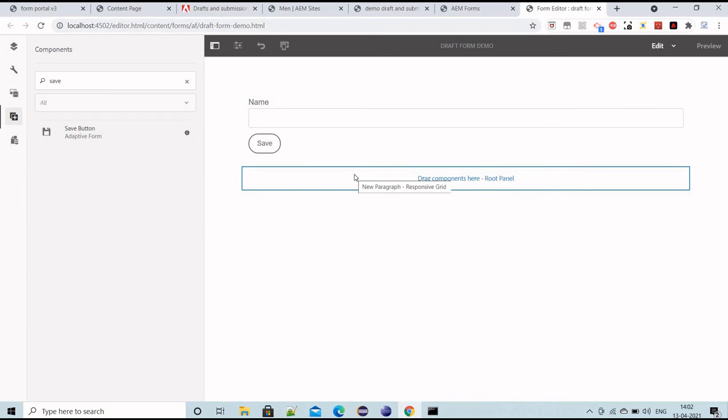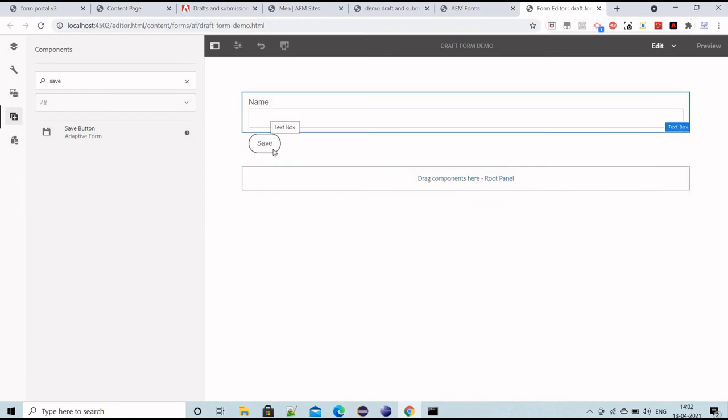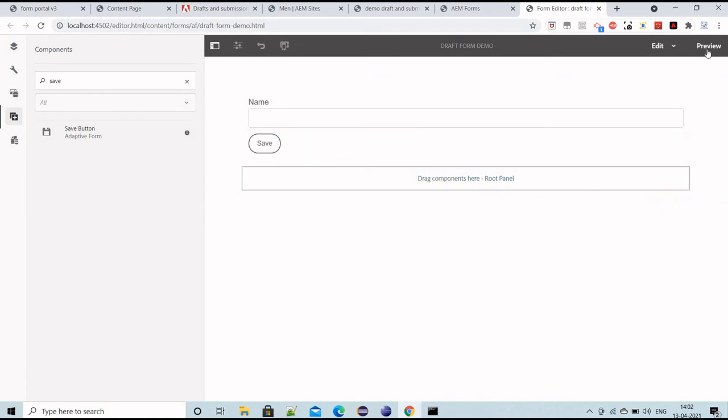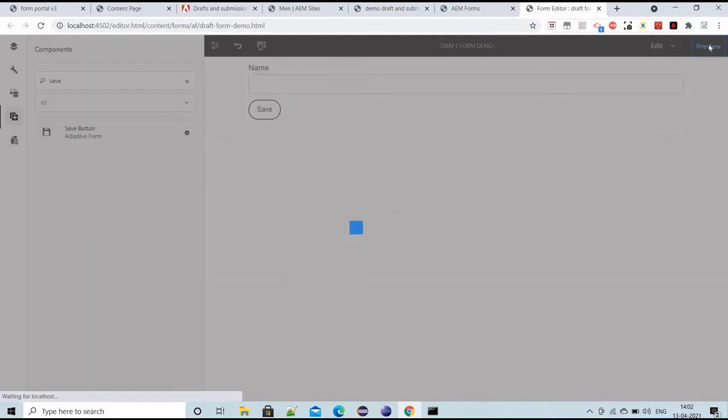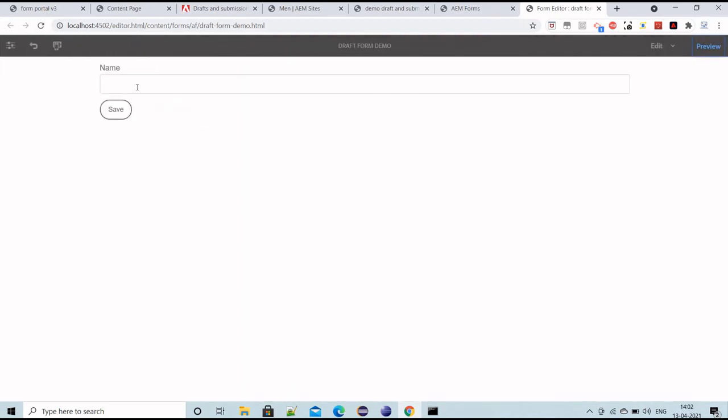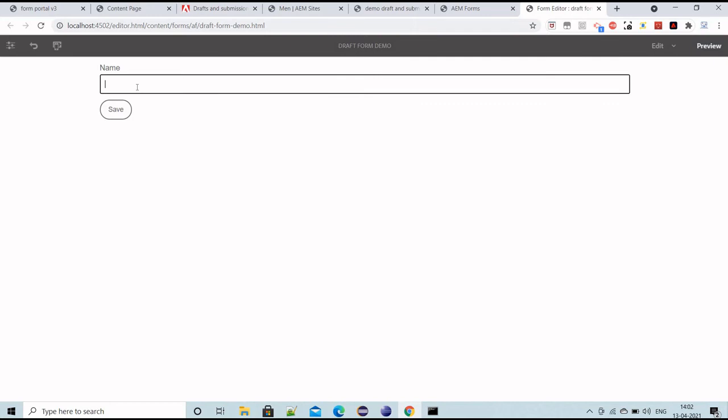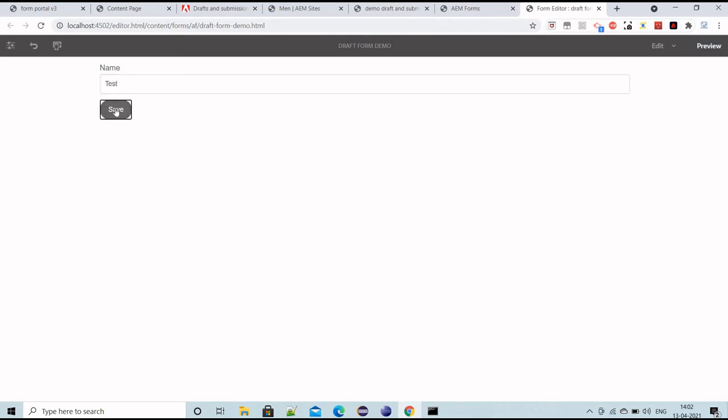So it's a simple adaptive form, in which I have a name field and a save button. If I preview it, put some random name here and click on save, out of the box it's saving the data.